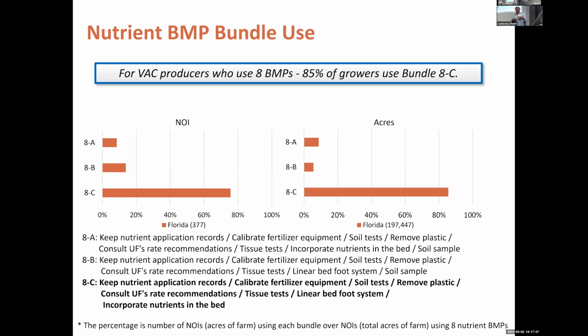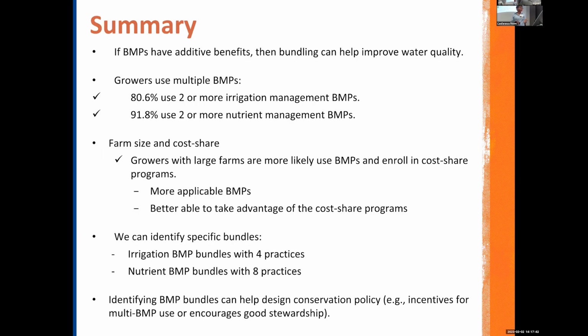So we see that there's a bundle, a suite of practices that are definitely more popular than the others. Next steps for all of this is why, but this data set won't allow us to get at that. If BMPs have additive benefits, then bundling would make sense environmentally. It would make sense for conservation agencies as well, because there's a cost to education. There's a cost to getting people out to farms and convincing them to do practices, either for government agencies or for conservation agencies. If you can get them to do 6 practices as opposed to 1, you've reduced that cost.